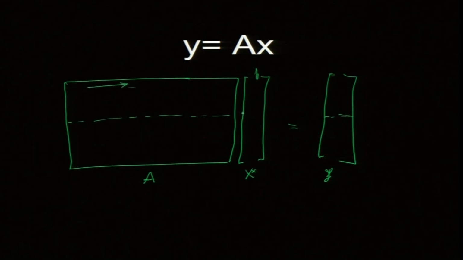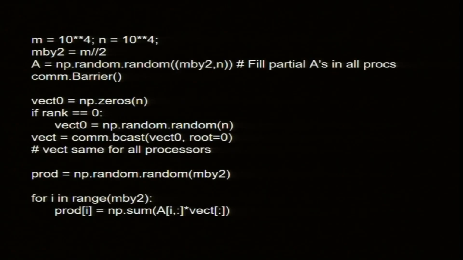So, this is what I multiply element and sum, and the result goes here. Next time I do this, result goes here like this. And well, if I divide like this, then both of these processes can do this work simultaneously and give me the result. If you have more than two processors, or let us say p processors, then I divide A into p segments row wise. So, that is what is being done here.